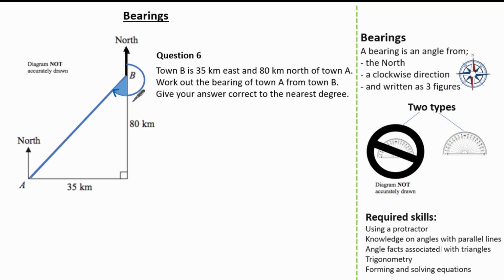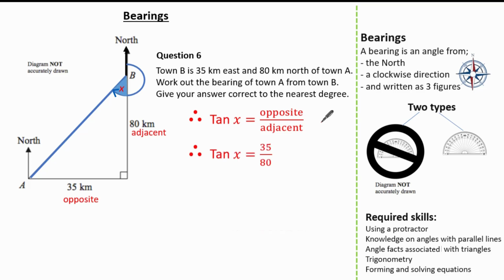So, using our knowledge on trigonometry, we can see that the 35 kilometers is labelled the opposite length, the 80 kilometers is labelled the adjacent length, so therefore we are using tan to find out our value of x, which I've labelled to be the angle. From here, substituting what we know, the opposite is 35 and the adjacent is 80. Because we need to work out x, I'm going to use tan to the minus 1. So x is equal to tan to the minus 1 of 35 over 80, giving me x to be 23.62